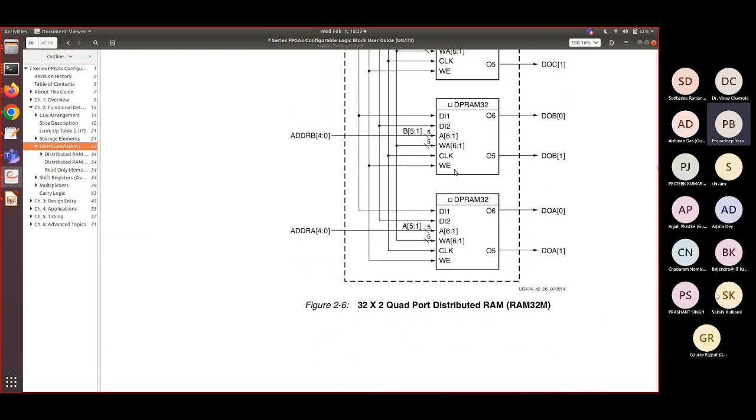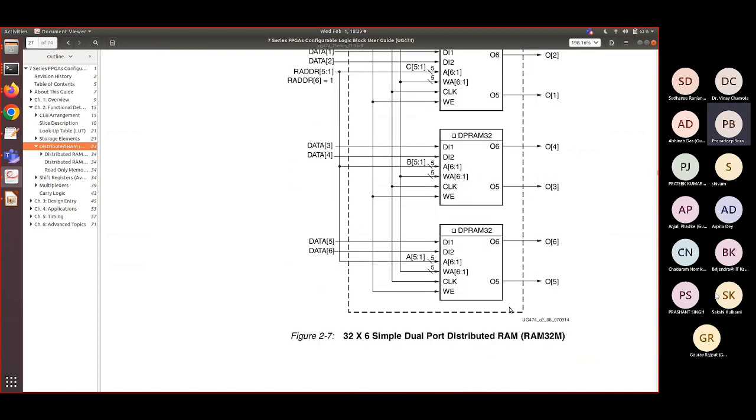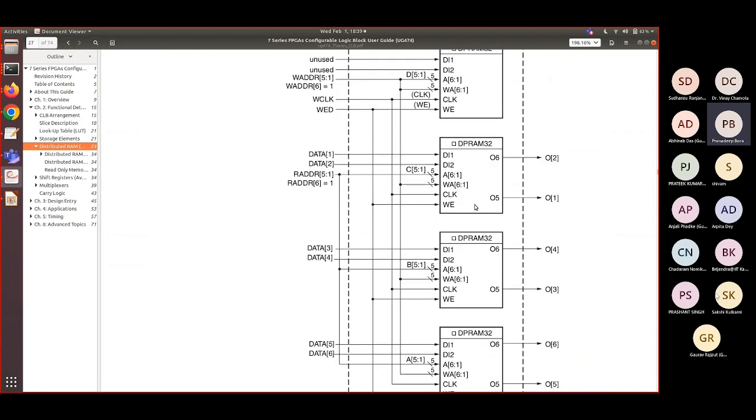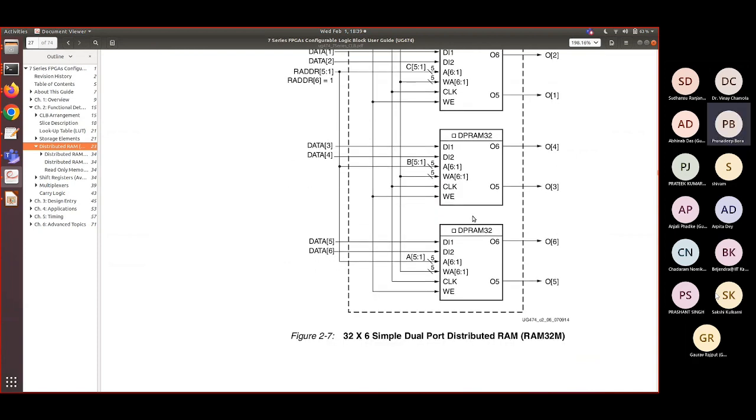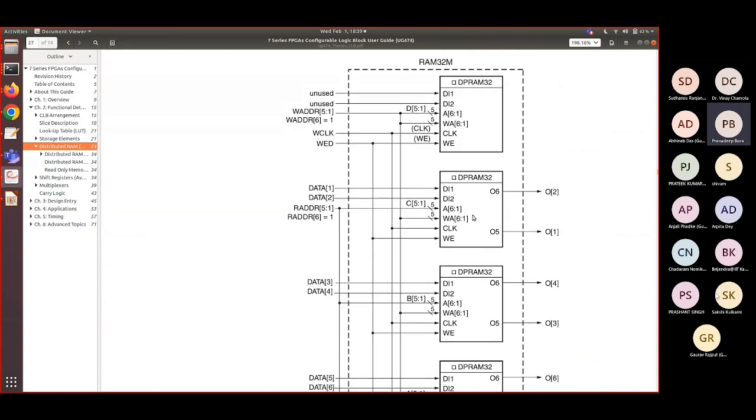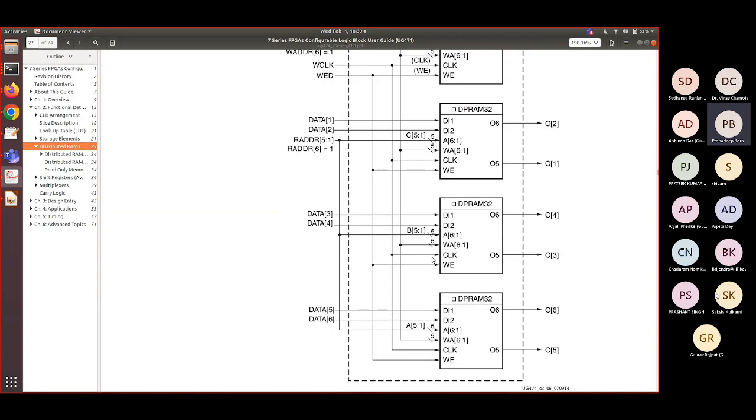How many LUTs will be required? You can see 32 cross 2 quad port distributed RAM. This is how they have given certain specifications of different memory structures that you can create, right? That is up to you, depending upon your requirement, you can create different memories using the reference of this